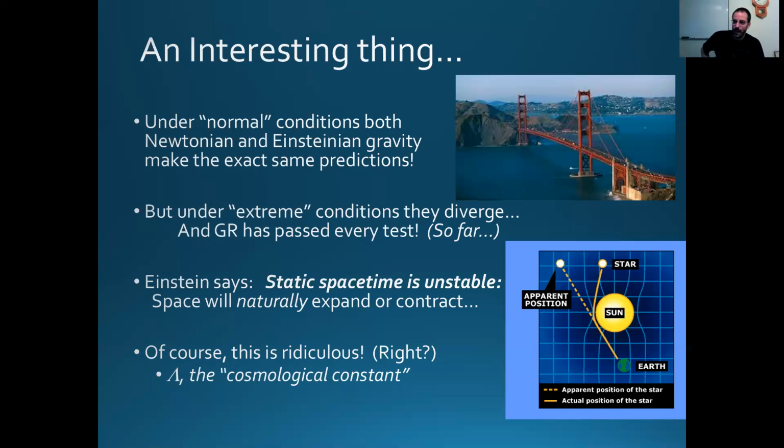One of these was called lambda, and Einstein noted that if you set it to exactly the right value, it cancels the tendency of spacetime to expand or contract. So he said, aha, this is easy. We'll just set lambda to whatever value is needed to cancel out that expansion or contraction. We have static spacetime. The universe is safe. Great. And this became known as the cosmological constant, essentially because it holds the cosmos constant.